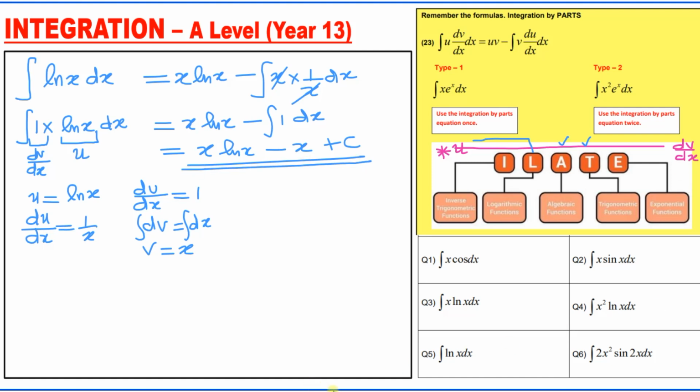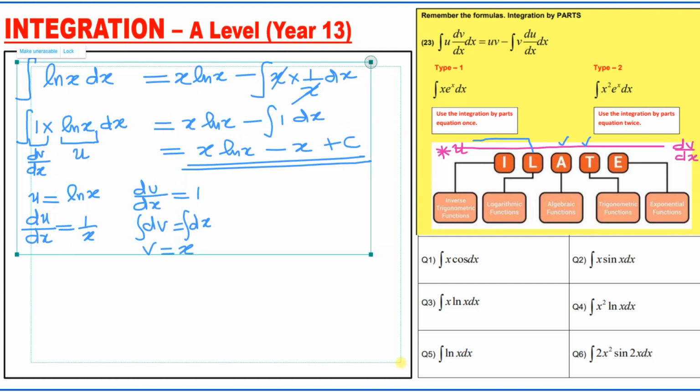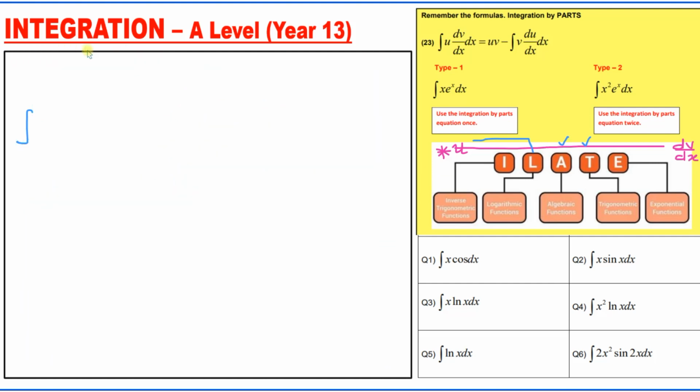One more question, that is the end of the integration series of tutorials, and after that in another tutorial we are going to go through all the past paper related questions in integration, right? So question number 6,